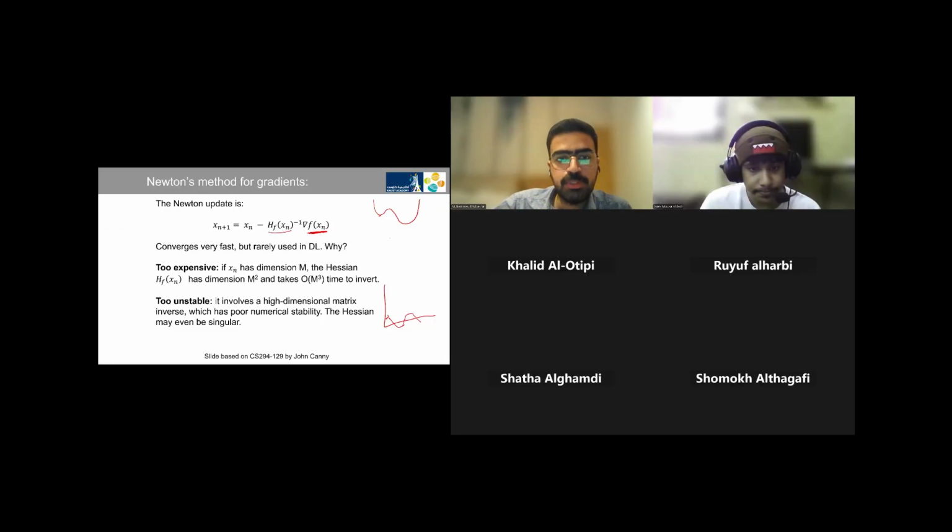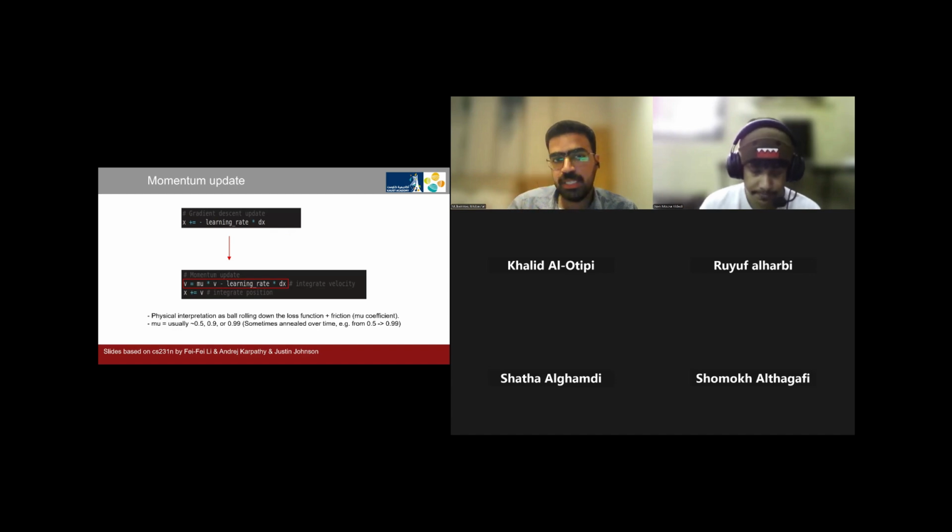Okay, let's move on towards another form of update. This Newton method was just a side method. We don't use this kind of update because they are very expensive and unstable. But if we take the vanilla update, we can make some changes to improve it. One of the most basic changes is to add a momentum term. And what this momentum term does is that it takes into consideration the velocity of the